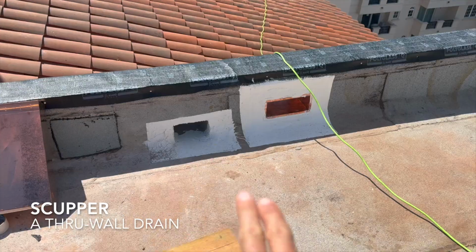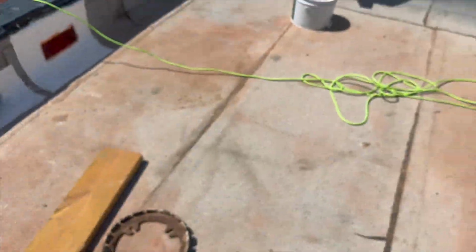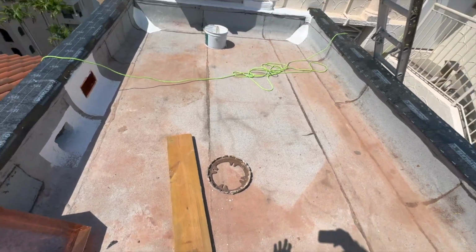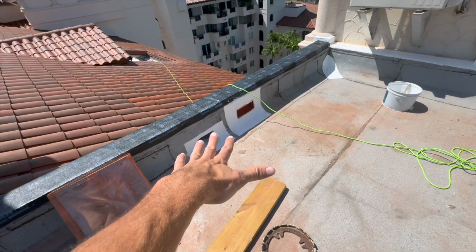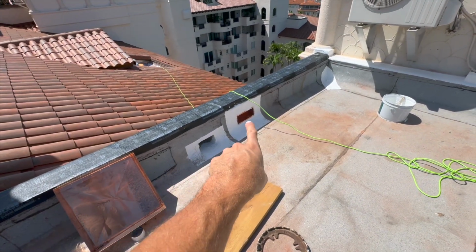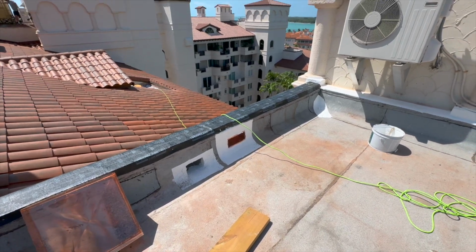And a scupper is just a through wall drain. It's basically a drain that goes through the wall. You see there's no drain in the middle of this flat roof here. So since there's no field drain, which would be here, we have through wall scuppers. Field through wall scupper. And then that one is the overflow,